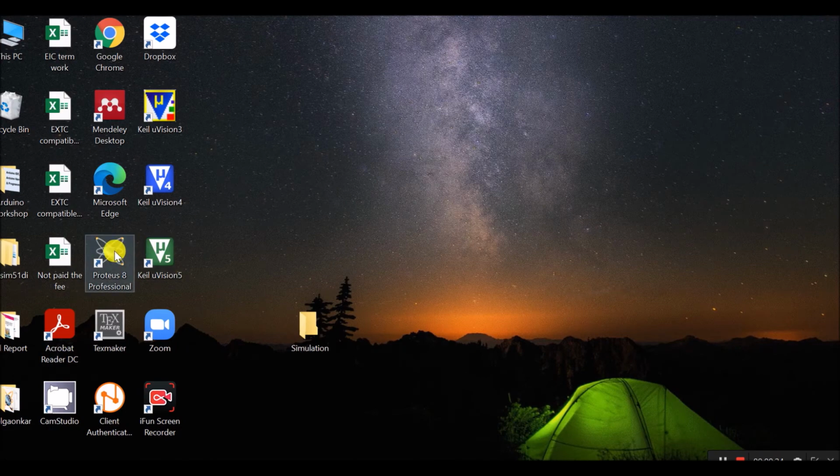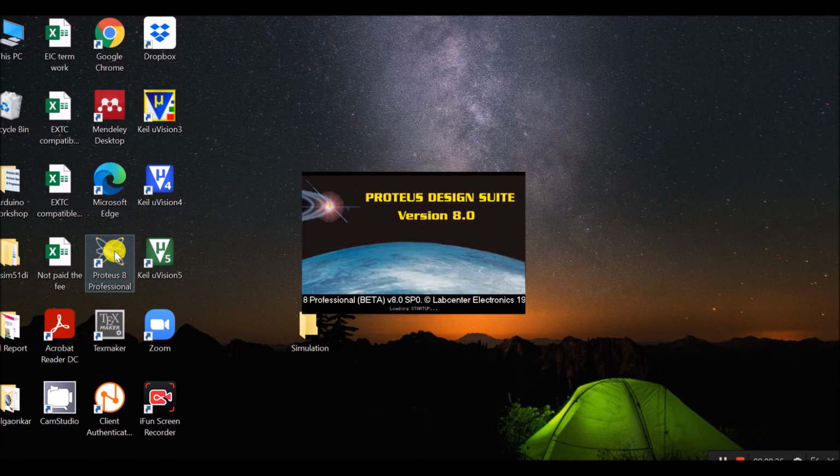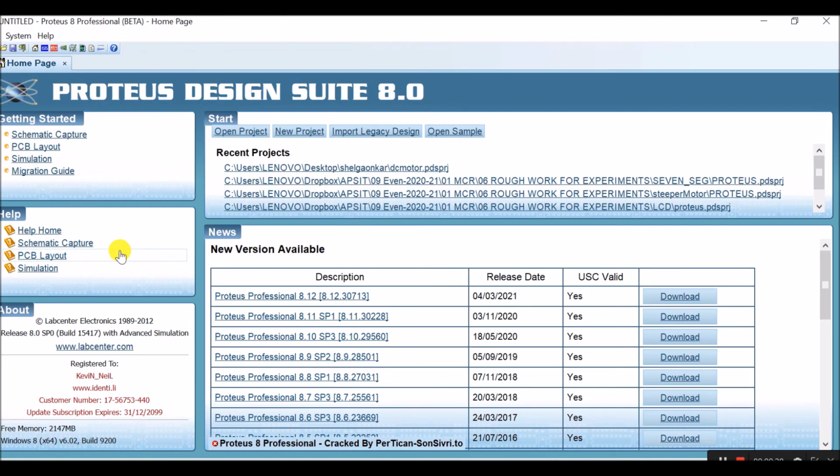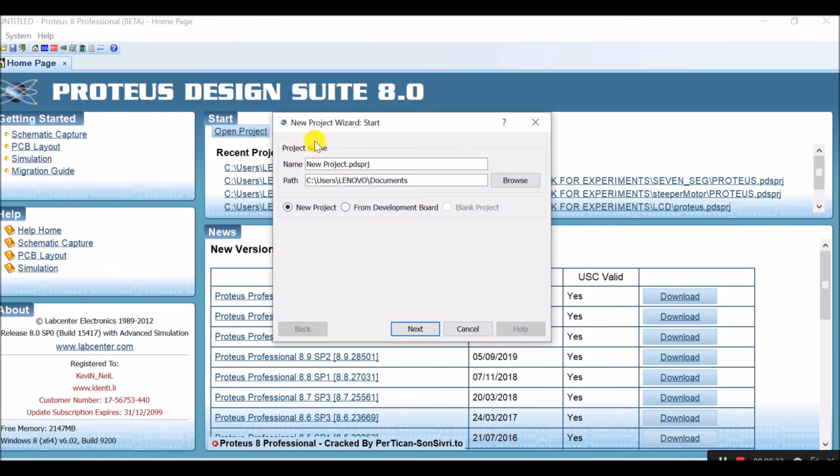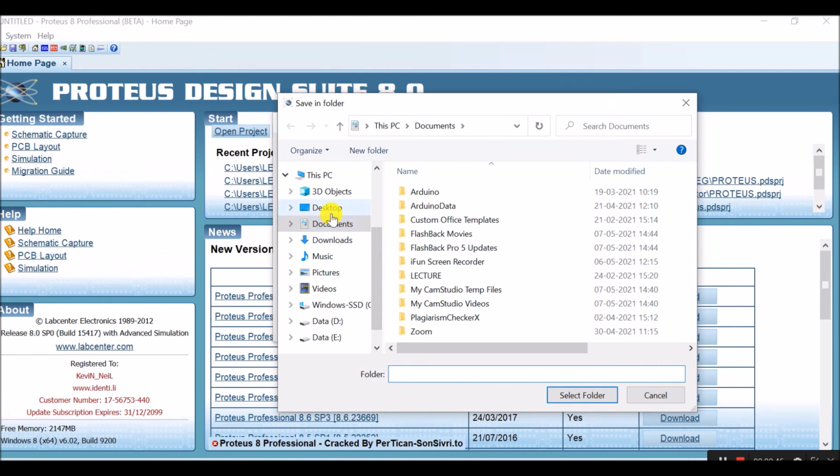Now let's open Proteus. Now click on new project. Then give a name to this project. In my case, I am giving the name DC motor. And select the folder which was created on the desktop.